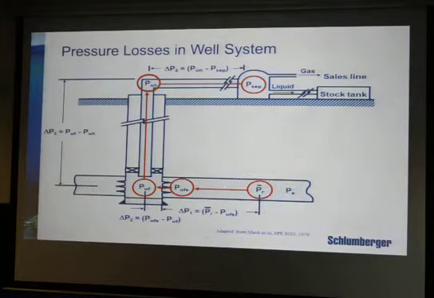Okay. So what do you mean by steady? Steady simply means, for example, at this point the pressure is P2. Let's say 3000 psi. At another point the pressure is 2500 psi. What it means is that the pressure at any point will remain constant throughout the time. 3000 psi at this point will remain 3000 psi throughout the time, and 2500 psi at the other point will remain 2500 psi. It doesn't mean that there would not be any pressure difference. The same P2 will not be there throughout the reservoir.